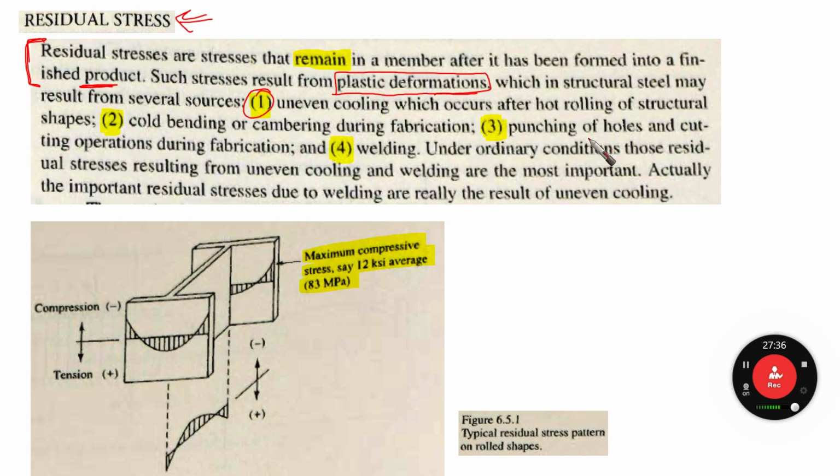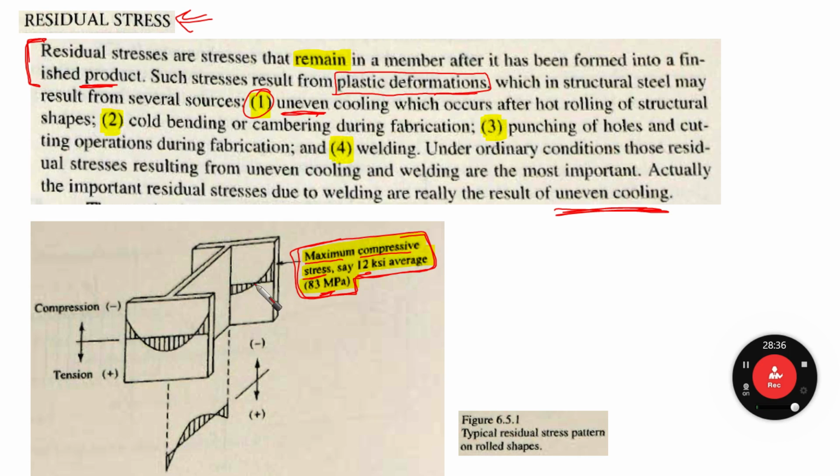Okay, so under ordinary conditions, those residual stresses resulting from uneven cooling and welding are the most important. Actually, the important residual stresses due to welding are really the result of uneven cooling, which is number one and number four. They are related to one another. If you look at this figure, still taken from Salmon and Jensen, this is the I-shape cross section, and this is the maximum compressive stress, say 12 ksi average, which is 83 megapascals, something significant if you take it into consideration. To some extent, of course, it's not very big, but anyway, it is going to